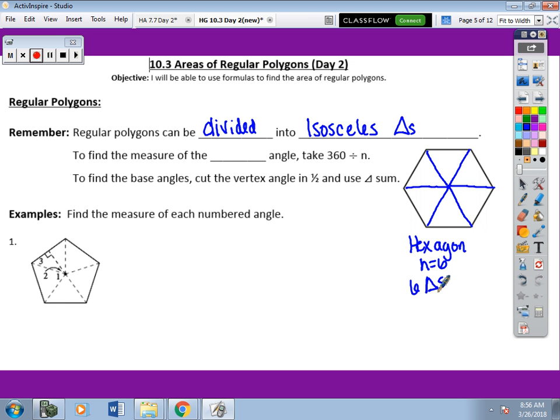How many degrees are in a complete circle? 1 full revolution. Marquise? 360. So right here, all of these angles together have to add up to be 360, and we know that all of them have to be the same. So to find the measure of the vertex angle, you are going to take 360 and divide by n, the number of sides, which is also the number of triangles. So we have 6 triangles, 1, 2, 3, 4, 5, 6. 360 divided by 6 will tell me that each of these